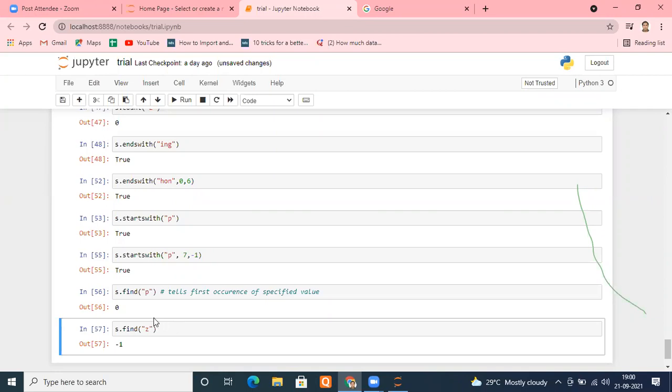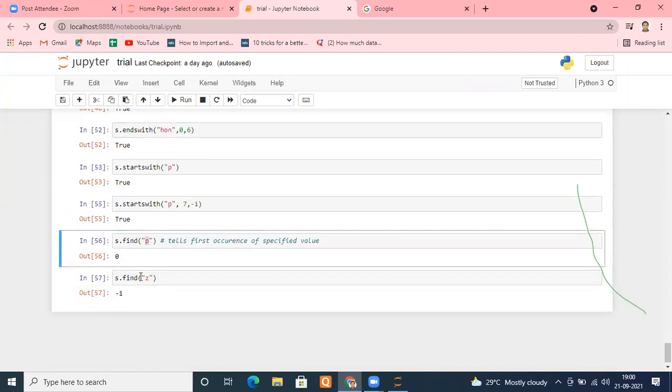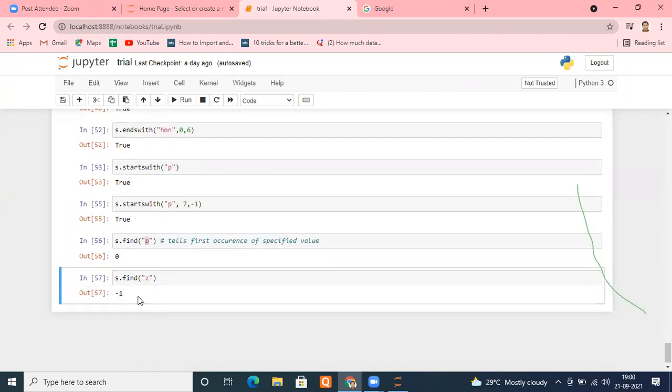I can use that in programming. Suppose it is P here, and the index is 0. So I can use it in conditional programming: if my index is 0, password accepted; if the index is not 0, password rejected; and if it is not found, simply say not available. So these kinds of things, 0 and -1, you will be using in conditional statements. You'll come to that, don't worry. Got an idea? Don't just stick to what this function does; start using your brain on where we can use this function. There are lots, and I think we have already completed 10 to 12 functions, and I will cover at least 10 more.